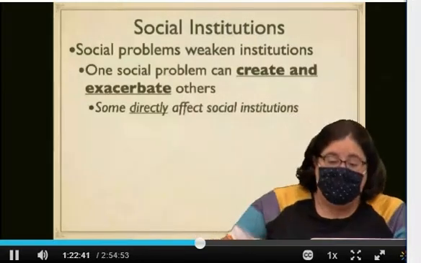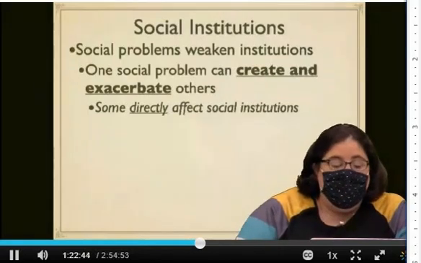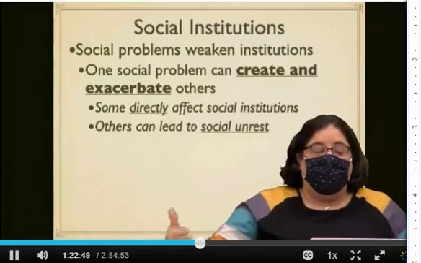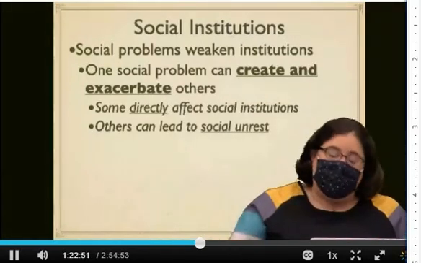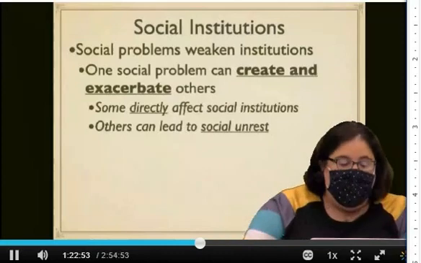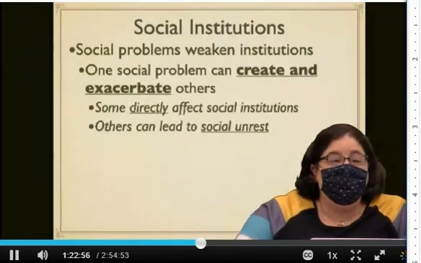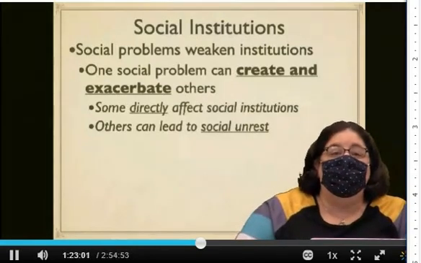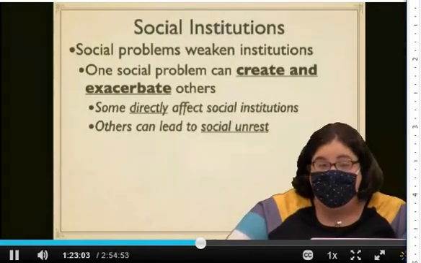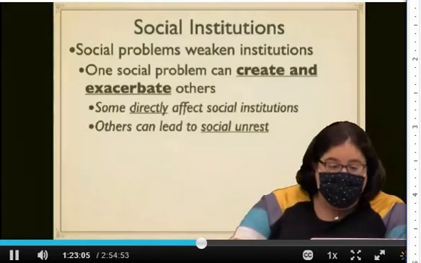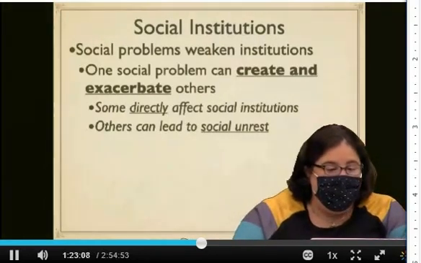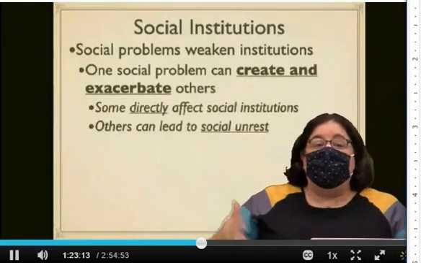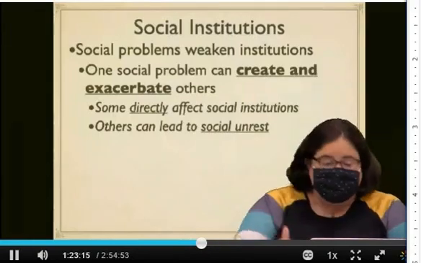the economy or agriculture. And other times, social problems can lead to general social unrest that also can affect our institutions, right? Like social inequality. The rich and the poor or racial inequality, right, can often lead to, as a social problem, and it can lead to social unrest, as we saw, for example, last summer, where people's frustration with this social problem creates, in and of itself, another problem, social unrest, right?